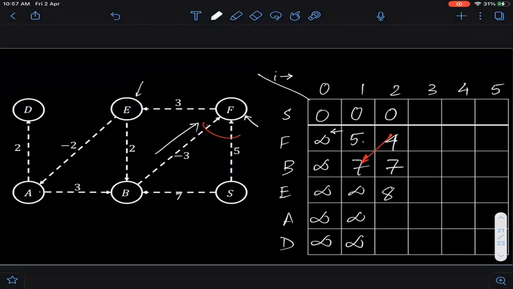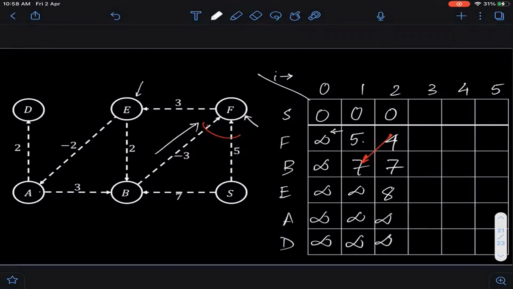Please note that for the other two, there will be no change in this iteration. This is where sometimes people are a bit confused. Yes, I changed this to 8, but that doesn't mean the others change. This is why it's good to start visualizing Bellman-Ford in the form of column-wise filling, right? We will, of course, do optimization. We don't need all these tables and all that. Many of you have guessed it by now. But this is why it's good to visualize: in this iteration, A and D are not going to change. This will still remain infinity.